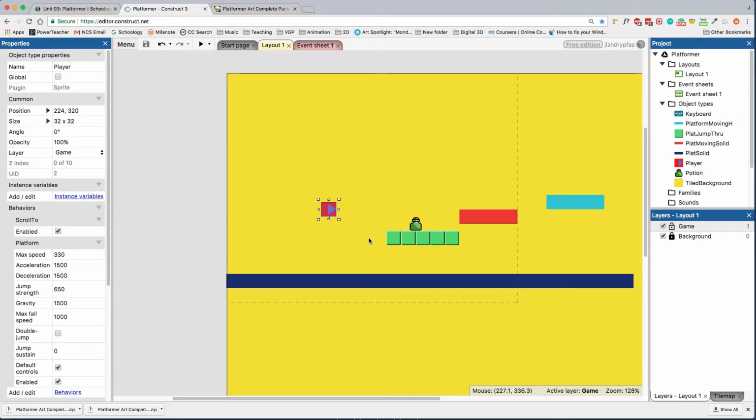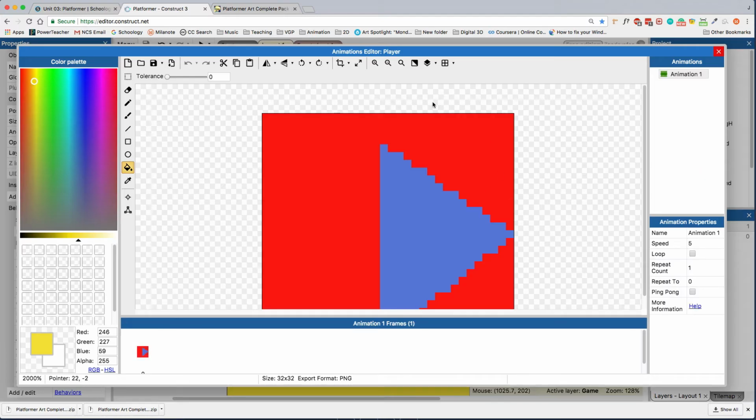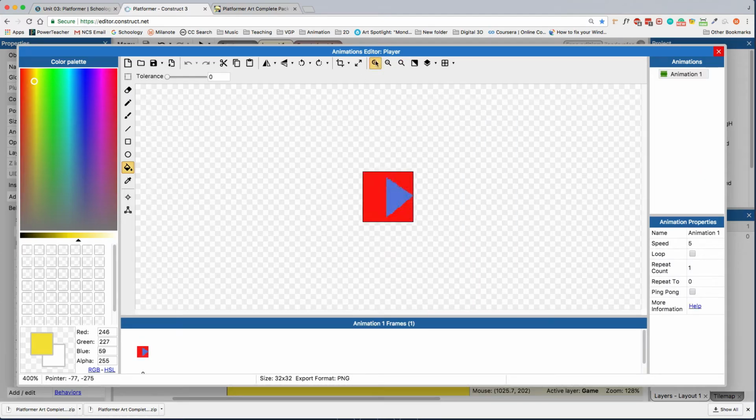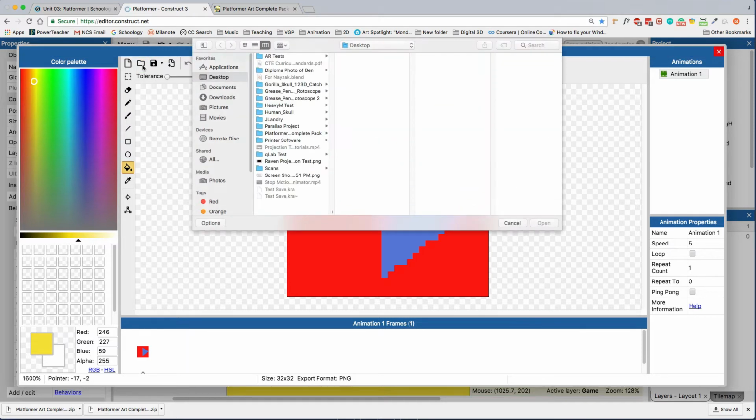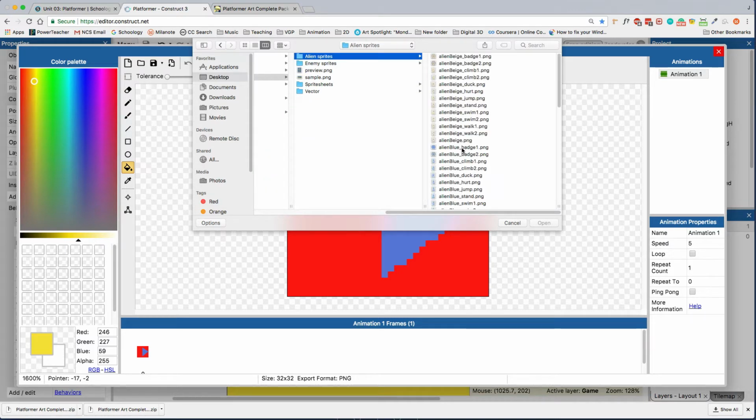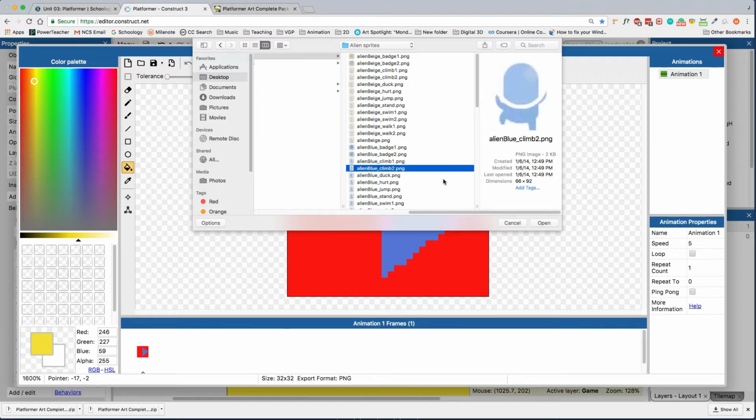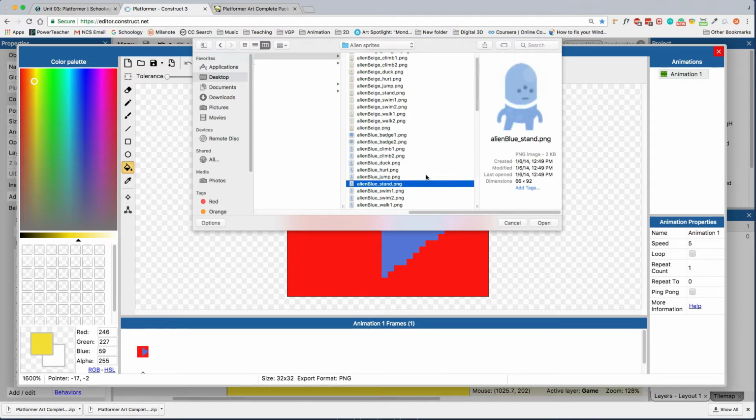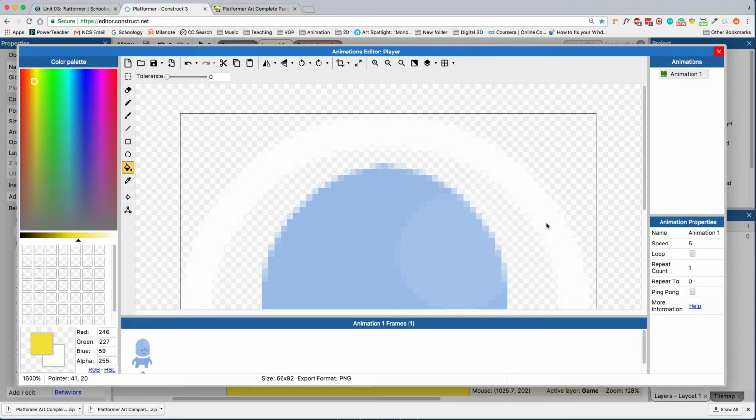Okay, so I'm going to come over here and update my player character. I'm going to double-click my player, and click on the little folder icon to load an image, go to my desktop, go to my platformer folder, extra animations and enemies, alien sprites. Now this is going to be my idle animation, so I'm using the stand ping image. I'm going to just hit open,